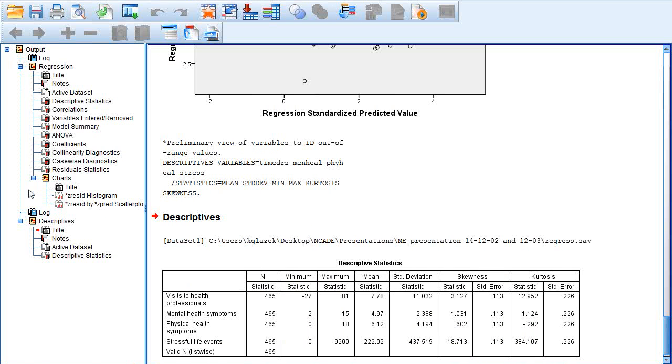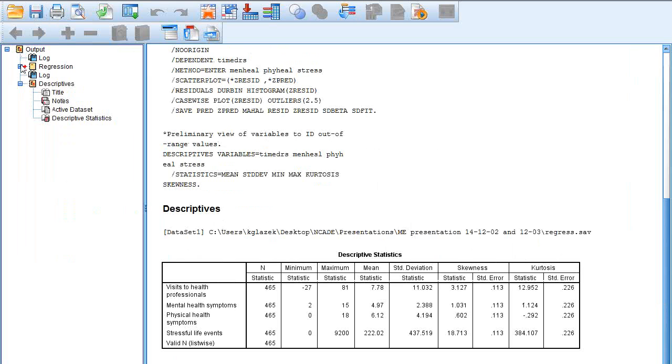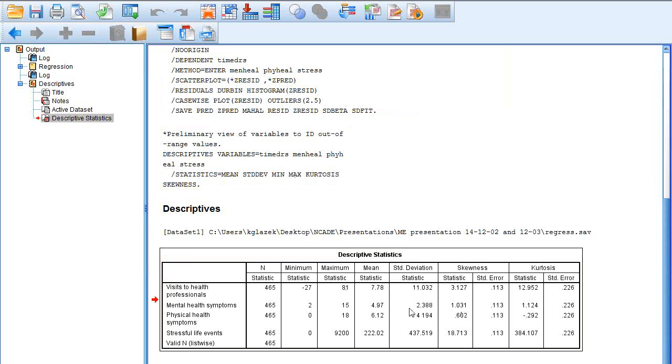And so here, you notice on the left, we've got this sort of tree structure, right? I had that regression earlier. I don't want that interfering with what I'm looking at right now, so I'm just going to hit that little minus button, and it collapses everything from the regression command, and all that I have now is just my descriptives. So we can see, okay, we've got our values. We've got 465 cases, and so we can look at each variable in turn and find out if there's